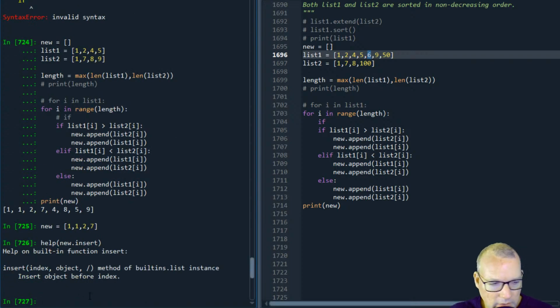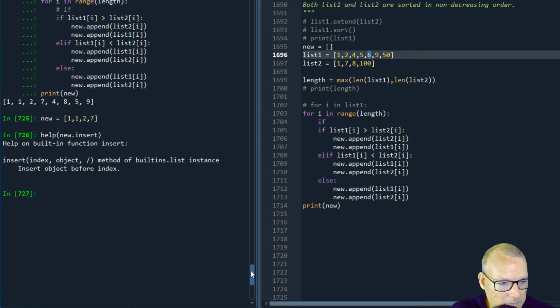So you can put an object, and I need to refresh my memory of how insert works. So right now new is this. So if I were to go new dot insert negative 2,